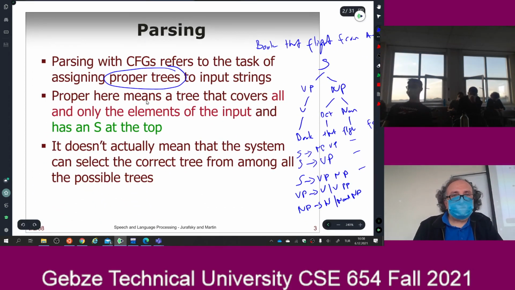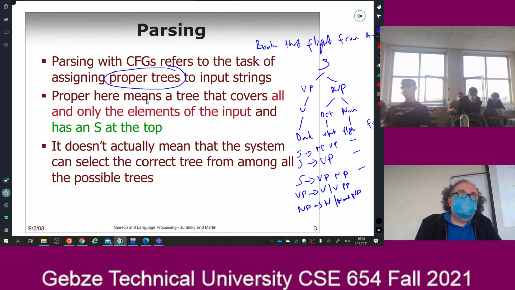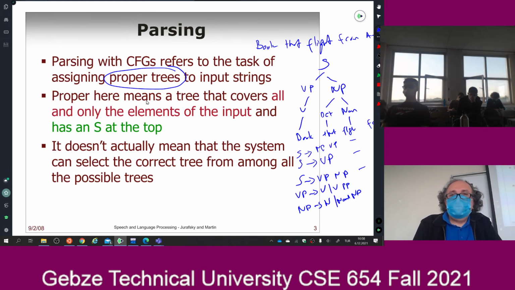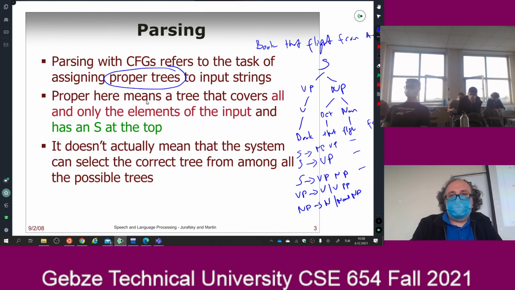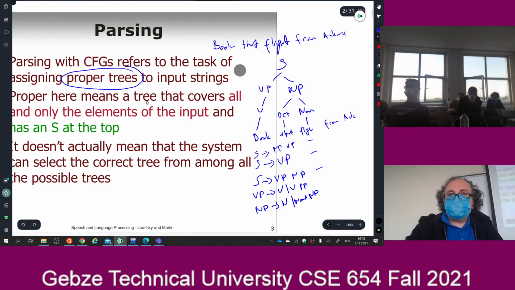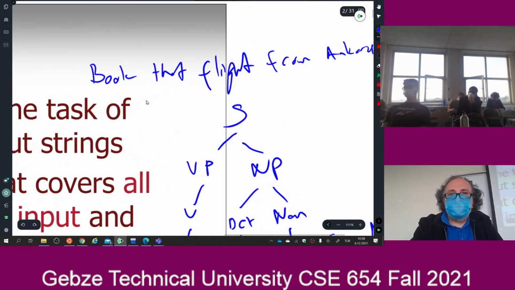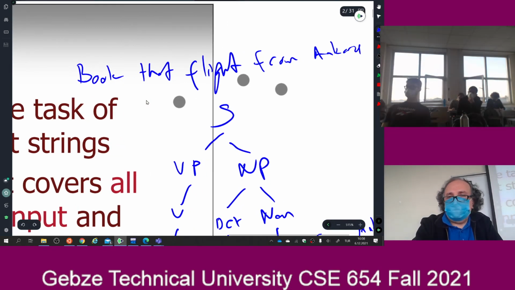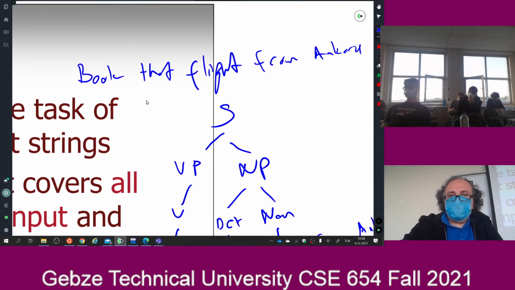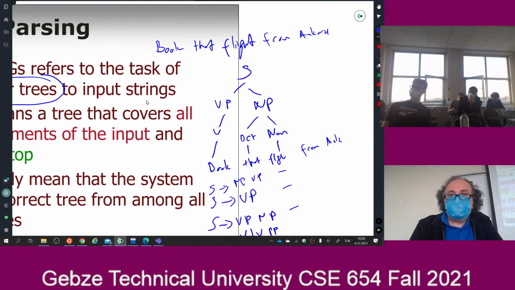Okay. So parsing is this. Parsing is assigning a tree or trees to a given input string. Book that flight from Ankara. It's a sentence in English. And if I parse this sentence,